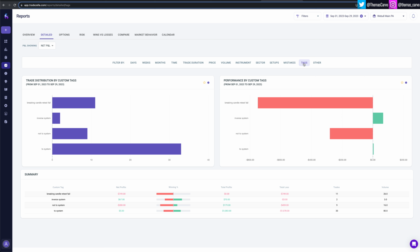Okay, tags. Here's where I tagged my trades. I had breaking candle, retest fail. This should be really red, just for me to test. I was going back through to check how many situations we had where the breakout candle, up or down, had its high or low retested and broken. For example, if the move is up and the resistance level is $250 and it breaks, that candle goes to 250.25. You enter, and the low of that breaking candle was 249.26. If we come back after breaking out, not making a big push, and break down below the low of the 5-minute candle that broke out, that is where my stop losses are now going to be placed most of the time,